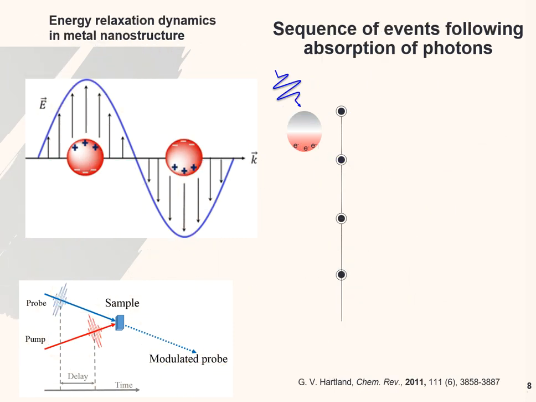I have demonstrated that. The next thing I want to summarize is the relaxation dynamics in a metal nanostructure which supports surface plasmon resonance. Greg Hartland has done a very good job summarizing this. He put these nanostructures into transient absorption and looked at relaxation dynamics. The first process is called plasmon dephasing. The plasmon is damping very fast. The lifetime is only 50 femtoseconds or 30 femtoseconds in this range.